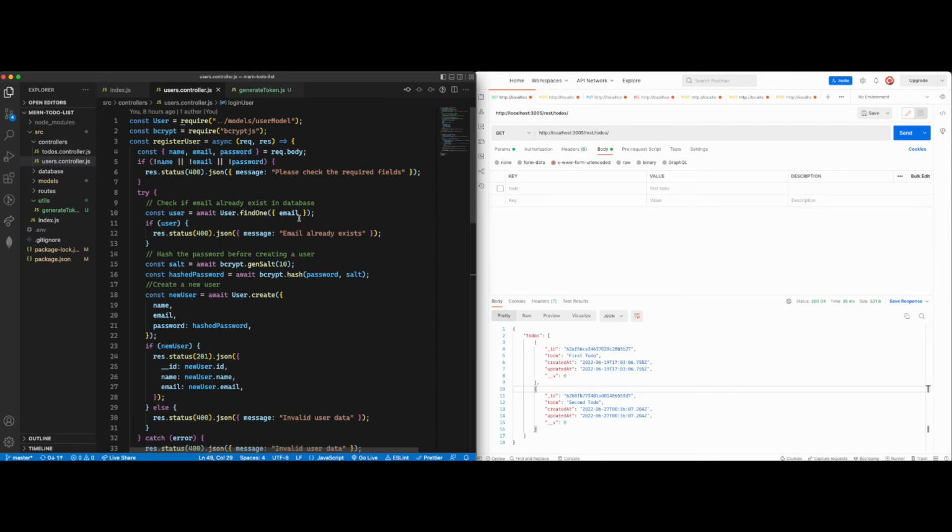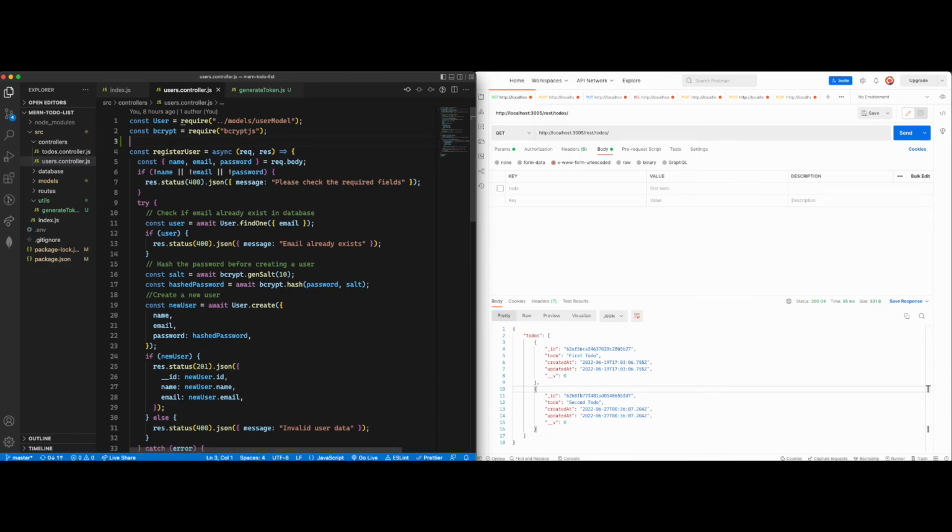Now I want to go to the user controller, and I want to bring in that function with const generateToken, and we're going to get that from require, dot dot slash, go to utils slash generateToken,